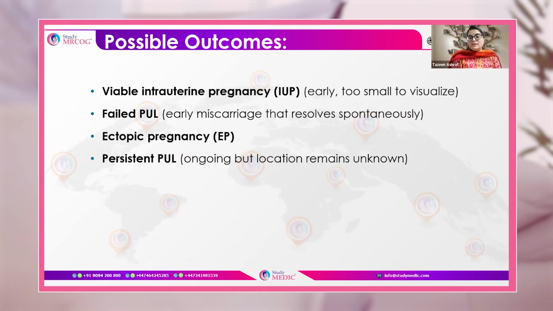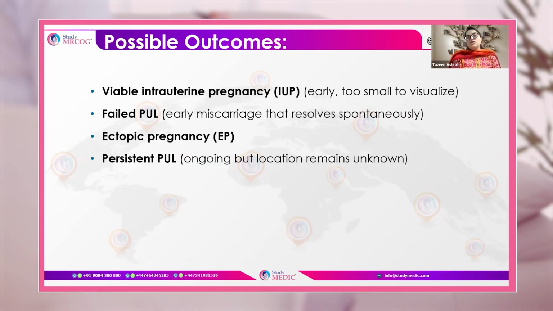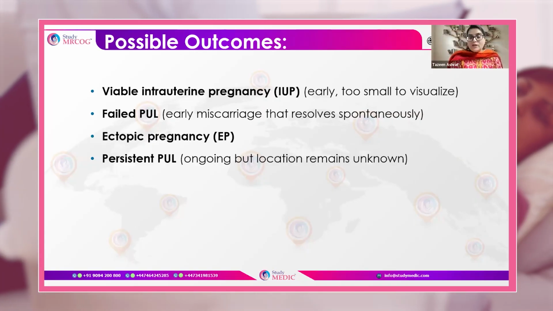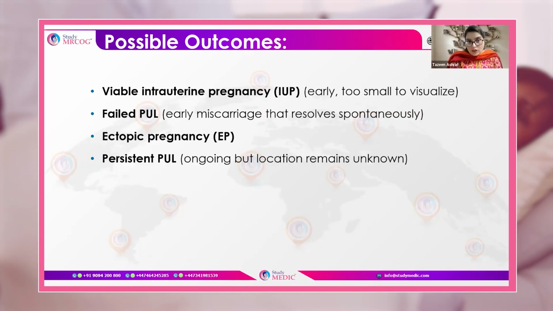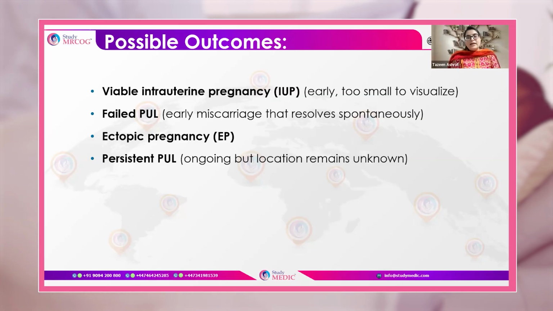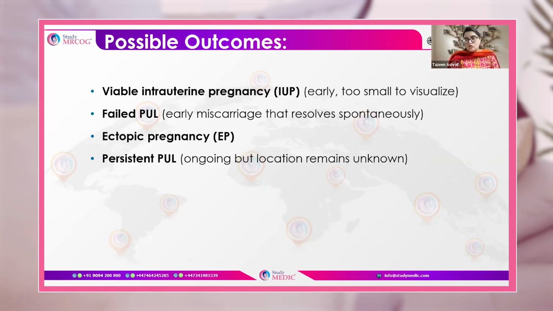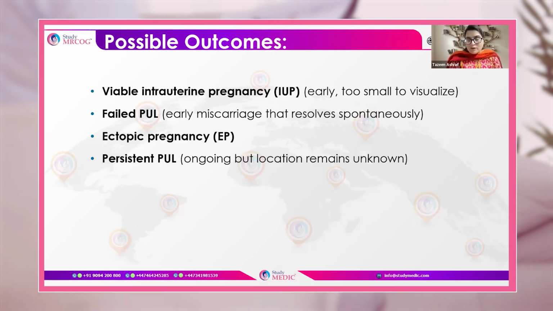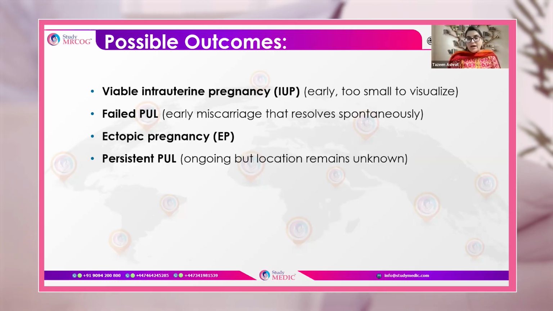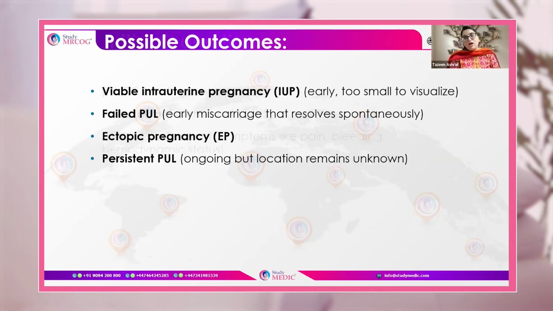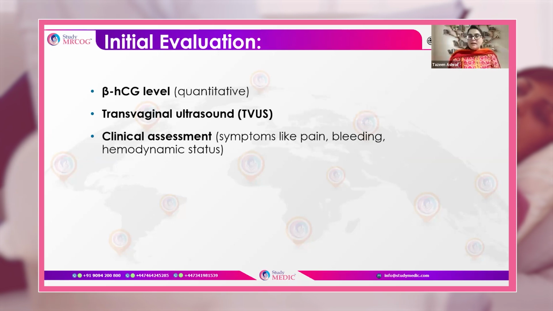Ectopic pregnancy, persistent pregnancy of unknown location, which is ongoing but location remains unknown. That is known as pregnancy of unknown location. Unknown location means that the pregnancy test is positive, but location is not known. Ectopic pregnancy is outside the uterus, and viable intrauterine pregnancy means that pregnancy test is positive and pregnancy is inside